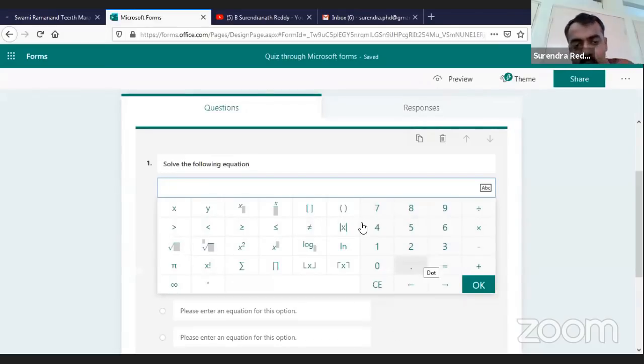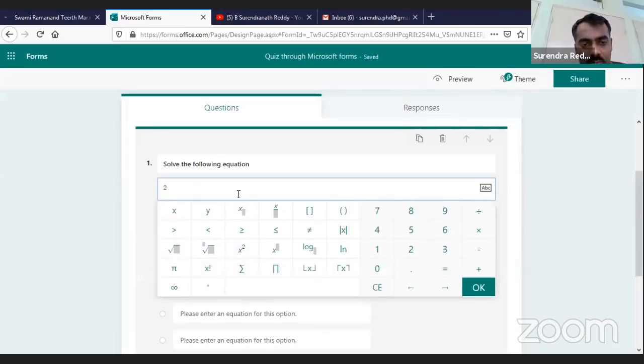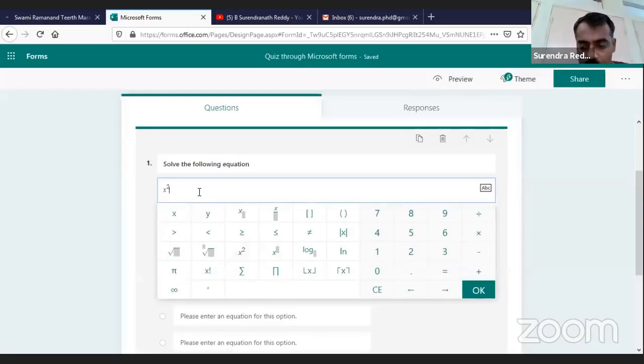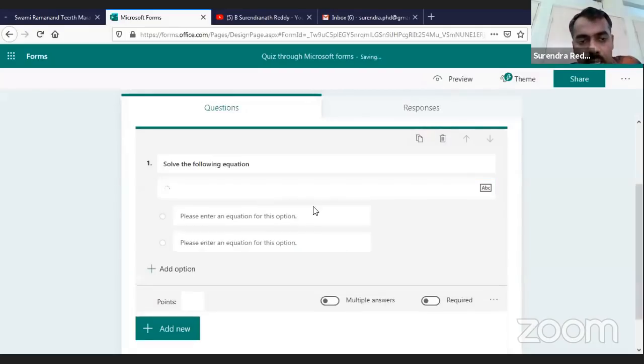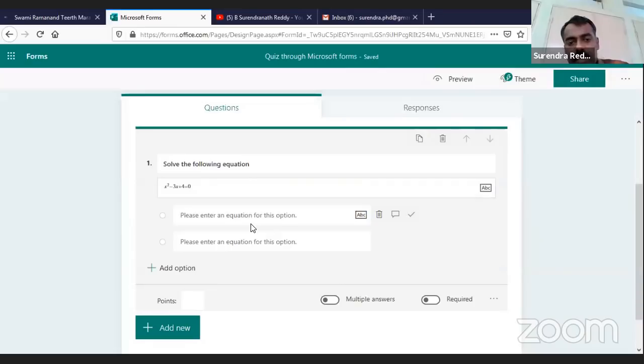Suppose I write here x square minus 3x plus 4 is equal to 0. I'll write here solve this. Then if I give an option here, I can start.